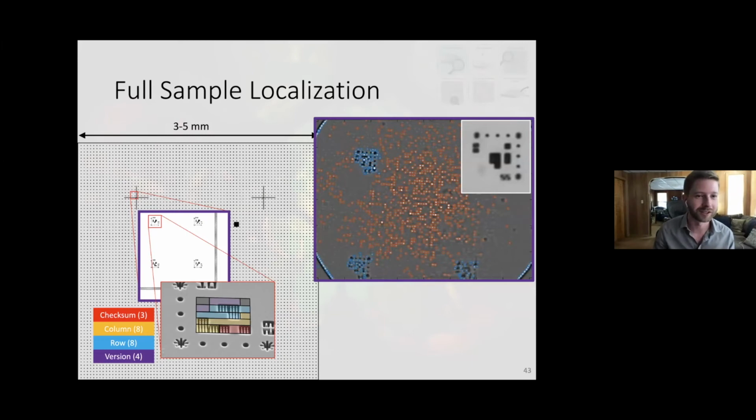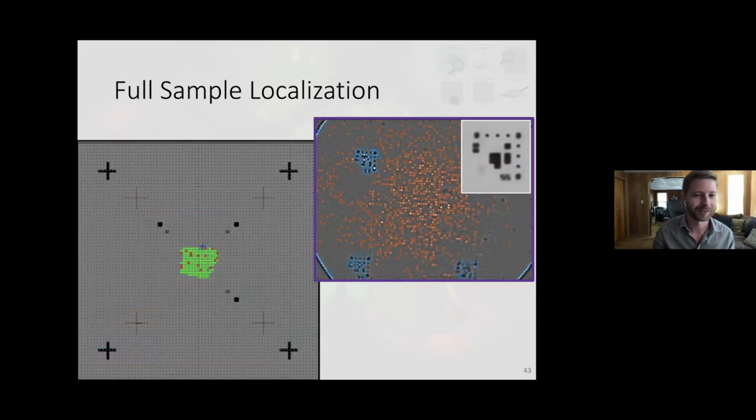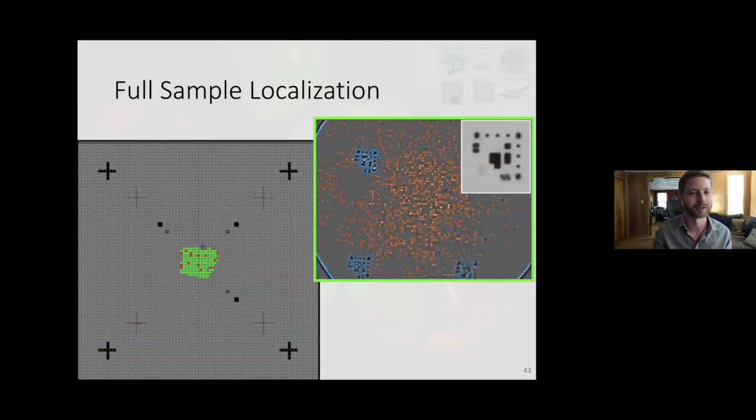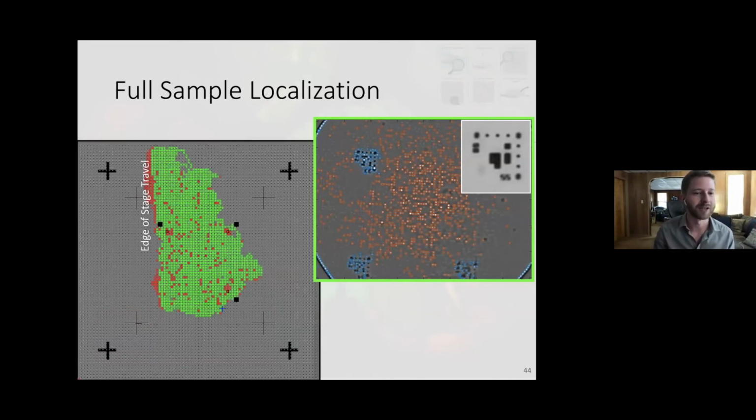And to see this in action, we can actually look at a time lapse of our microscope walking along one of these 5-millimeter diamond chips, where each of these little green dots on the left corresponds to one of these images on the right. And if we just let this loose, it's going to start to navigate and explore this diamond until it finds as many emitters as it can.